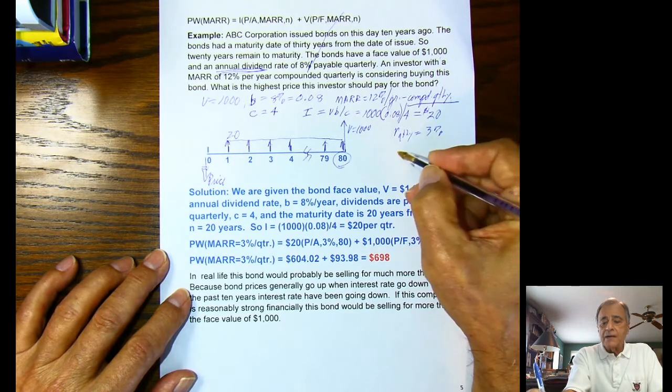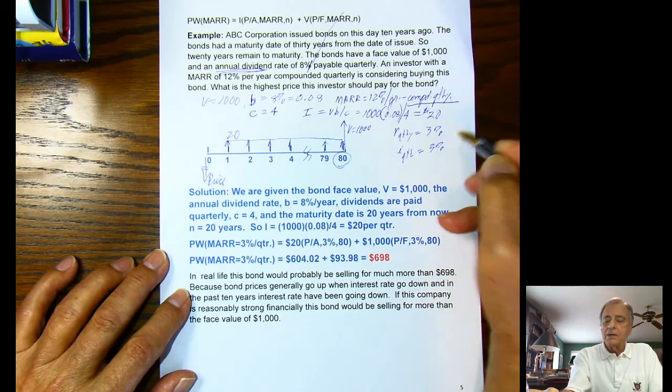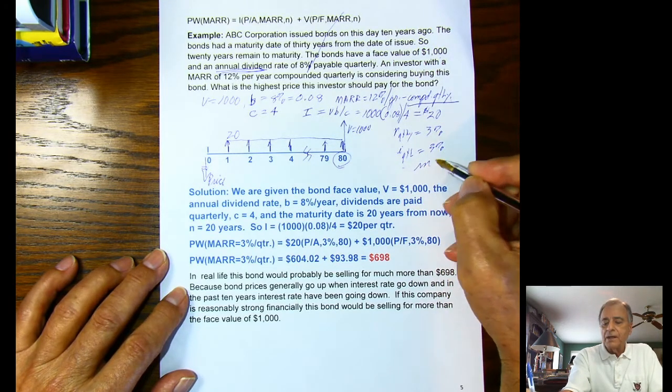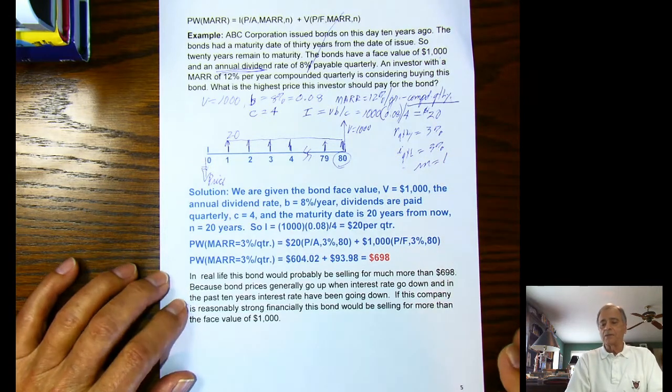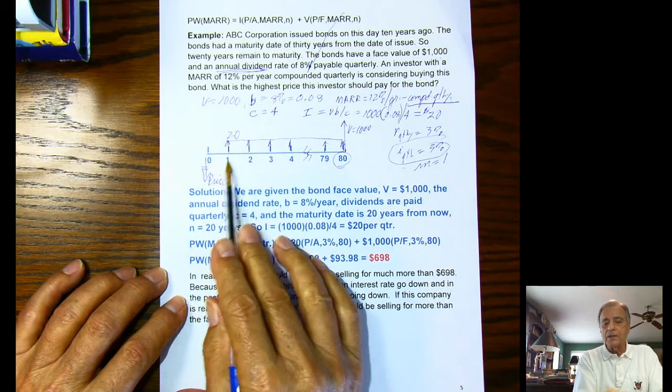And then, but I quarterly is also going to be 3% because it's compounded quarterly, so M would be 1 in your effective interest rate equation, where you're looking for I quarterly. Why do I want I quarterly? Because I have quarterly